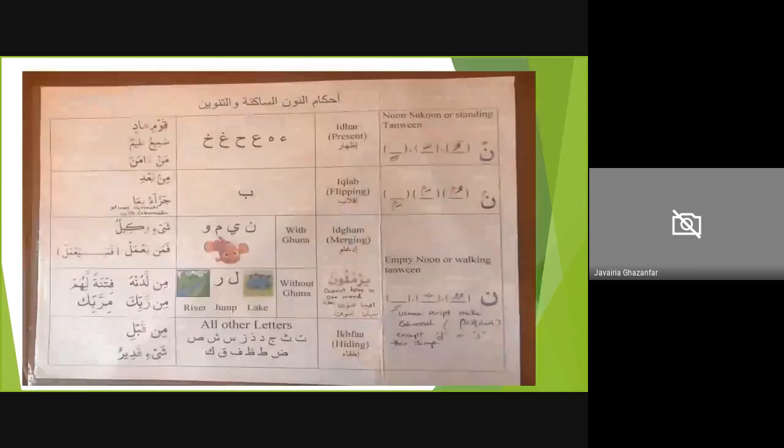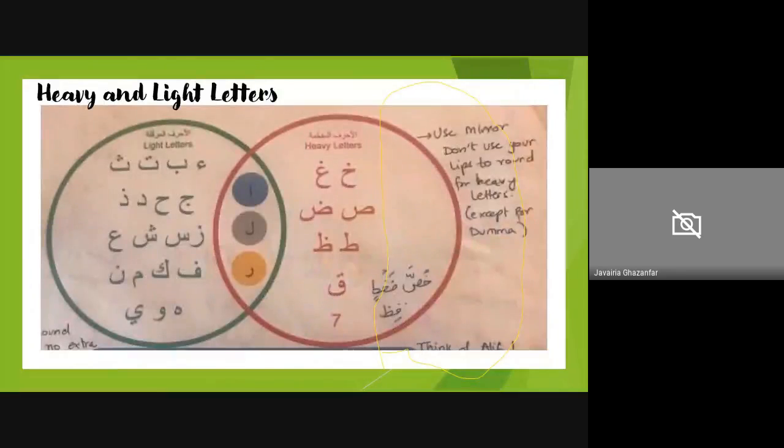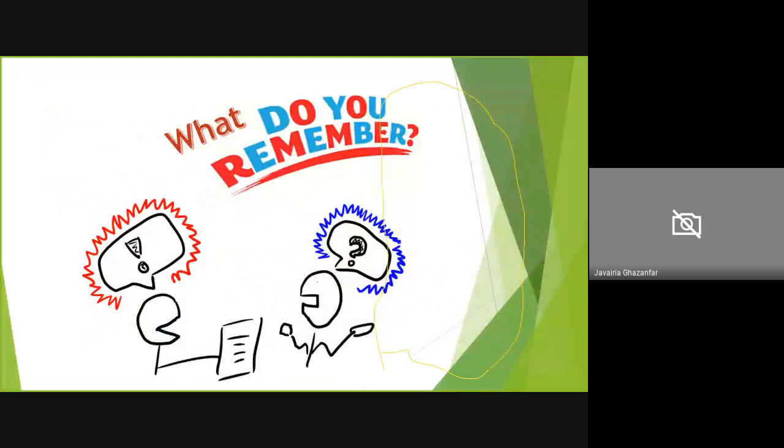Okay, so we discussed that, and then we also discussed the rules of the noon sakina, and we discussed this portion separately in detail. You can just have this particular side and you can kind of remember all of that. So what we are going to do right now is practice our learning in terms of heavy and light letters, which are heavy, which are light. That's what I'm going to be asking you. I'm going to ask you if you remember where would be the meem sakina rule, noon sakina rule, and where would be applying a mud, so that we can see what we remember.